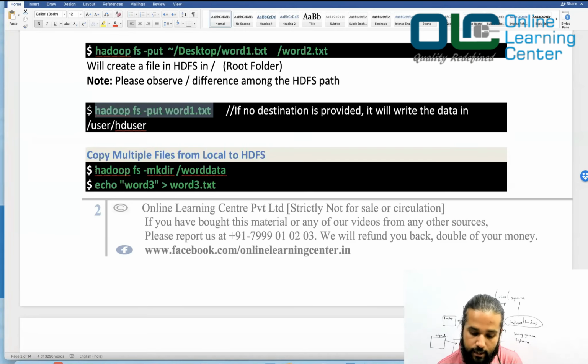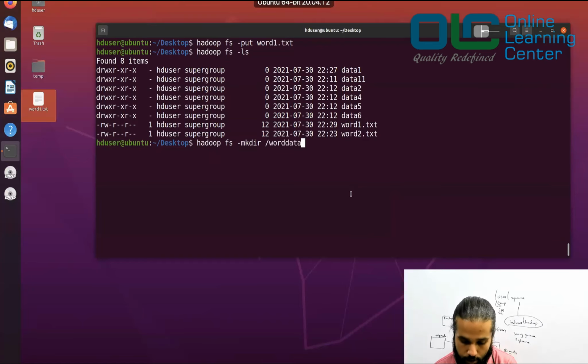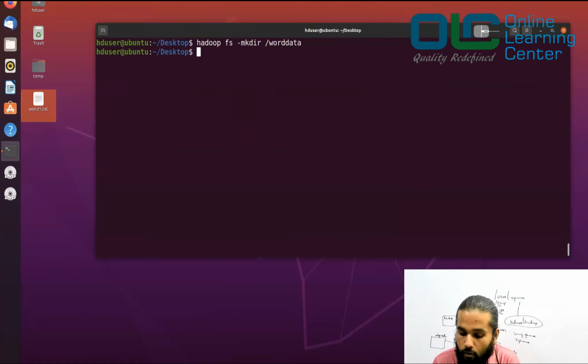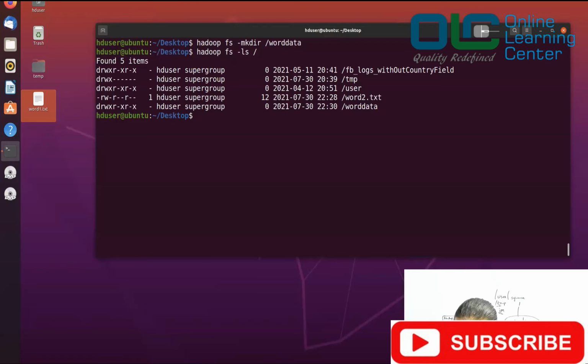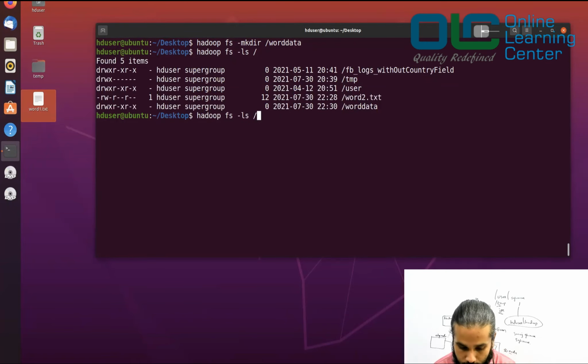So what I'll do first is, let me try to create a folder by saying hadoop fs -mkdir worddata. So let's copy this and paste. So I'm trying to create a folder called worddata, where? Under my root, right? Slash. So where should I look into that? hadoop fs -ls slash. You should look into this place. You should see one worddata, and inside that worddata you do not have anything right now, right? So just say ls worddata and you should not see anything. You should not get any output because you don't have anything there.